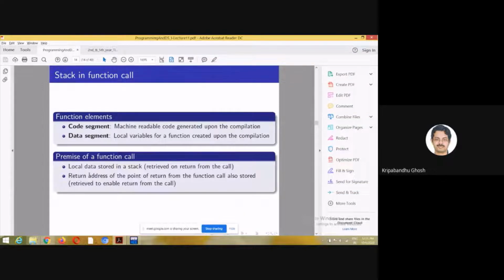Whenever there is a function call, internally a stack is maintained. So the local data in a function, which is in the purview of a function, in the scope of a function. I talked about the auto variables, right? The local variables, which are restricted within the function, are stored somewhere as an element in the stack. And whenever there is a function call, these local variables are kept in a stack, and also the address to which the control should come back.